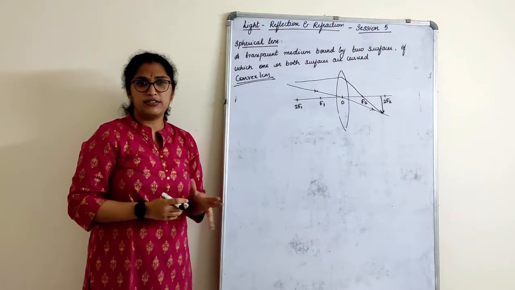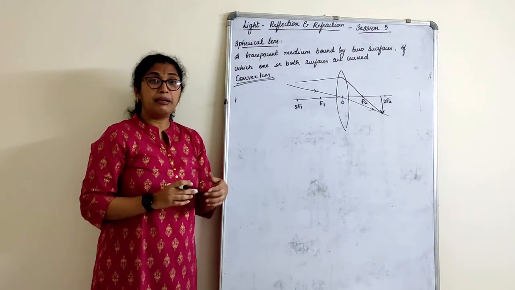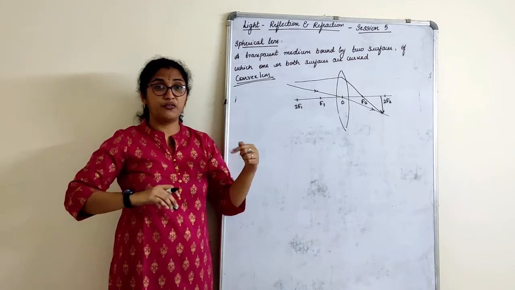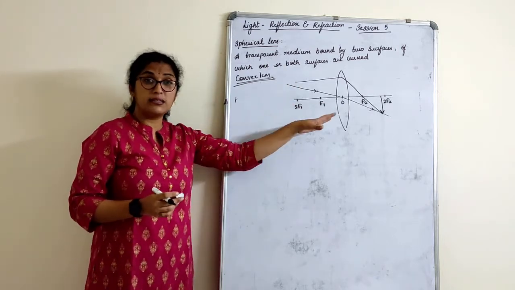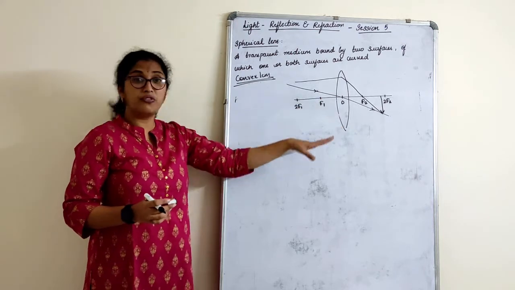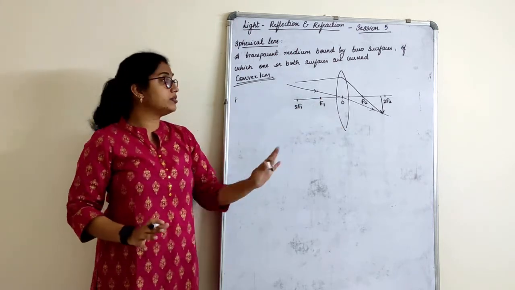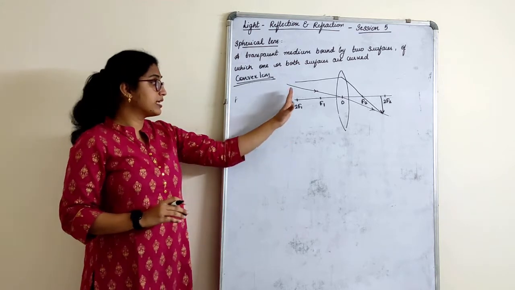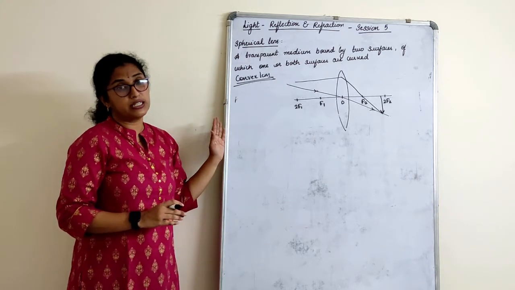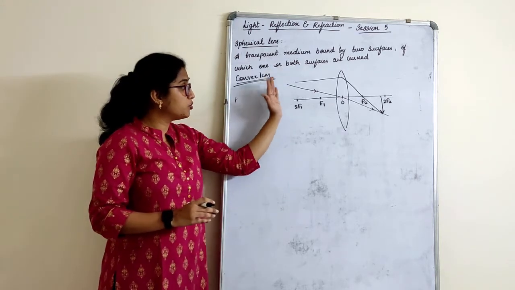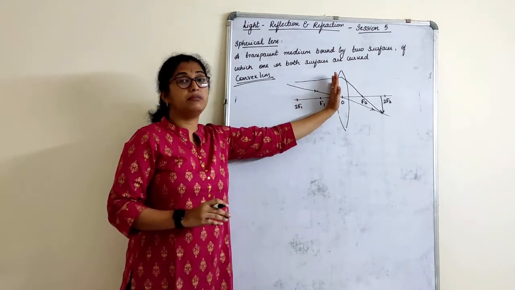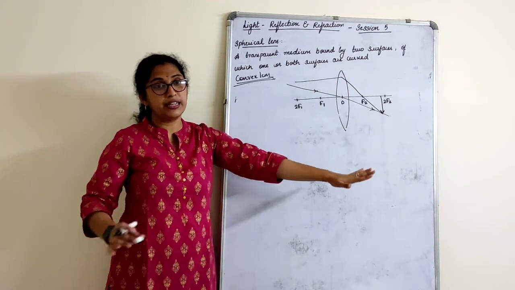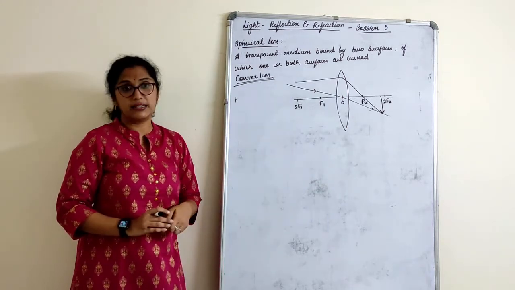Very simple rules, right? For the mirror, what did we have? We had the ray from the curvature, from the focus, from the pole, so many things. Actually it is much simpler here in the lens part. You need to only follow these two rules. When the object is kept at infinity, beyond 2f, at 2f, between f and 2f, at f, and between f and the optic center. Done. We are done with the ray diagrams for lens.